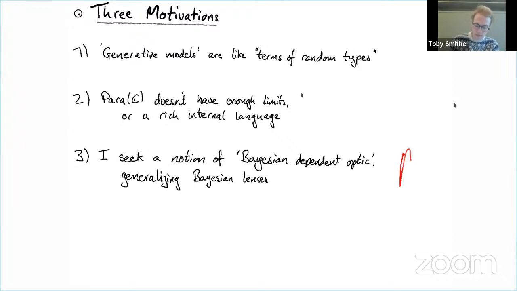And so I've been seeking something that we might think of as Bayesian dependent optics, to go into this slightly unknown world of dependent optics that people have been trying to investigate right now. And that world of dependent optics is also, pertinently for this series of talks, the thing that might be at the intersection of polynomial functors and the optics stuff we've heard about already. And so I've been thinking about how to talk about parameterized categories, or categories where the morphisms have parameters, in a way in which we'll be able to use type theoretic thinking.